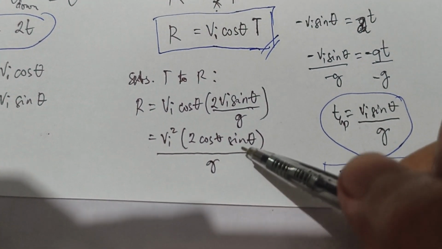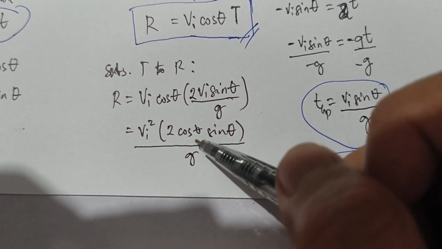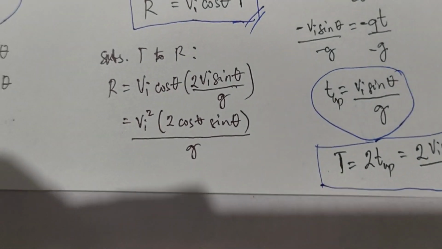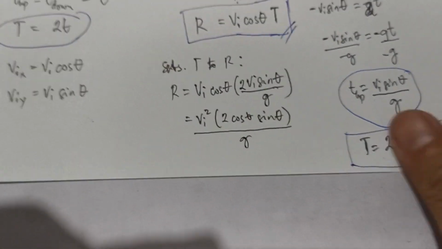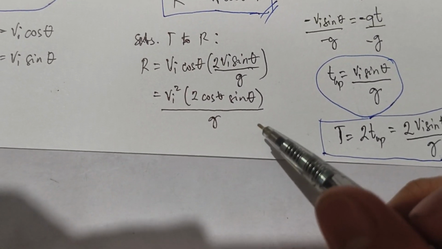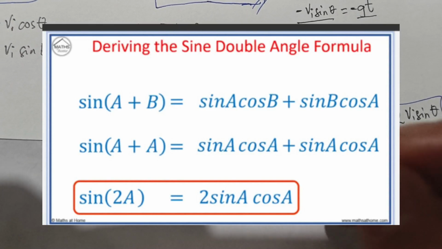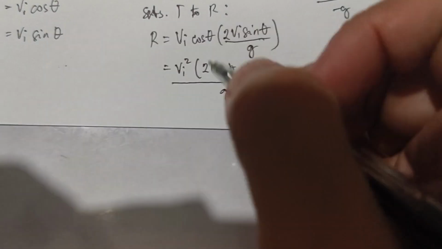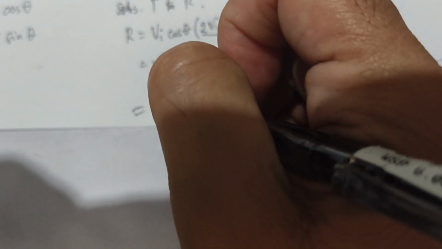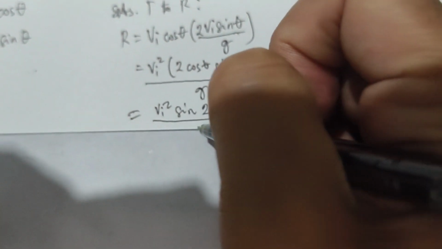In trigonometry, there is an identity equal to 2 times cosine theta sine theta. And what is that? Very good. 2 cosine theta sine theta is equal to sine of 2 theta. Okay, or sine of the double angle formula. Okay, so this becomes Vi squared sine of 2 theta divided by g